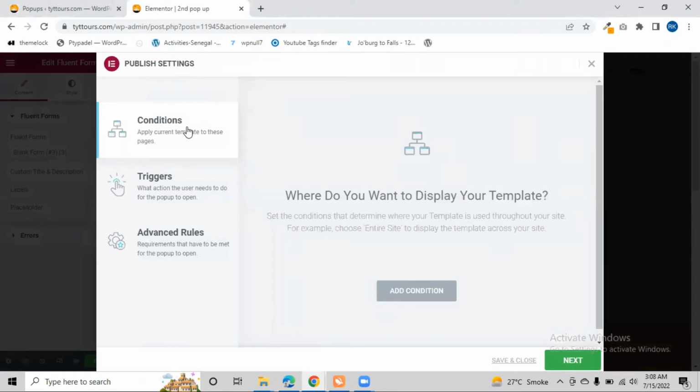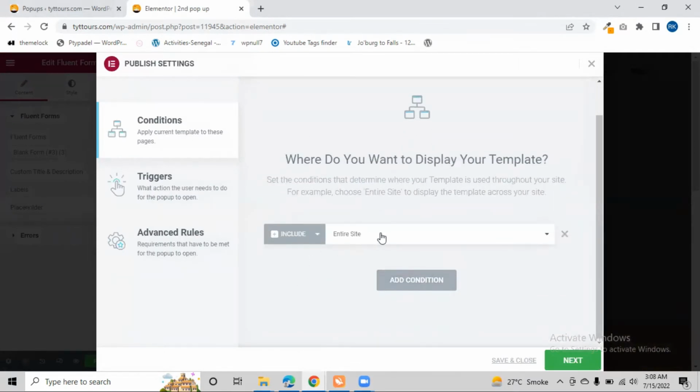After that, you have to set where you want to display this form. So you need to add a condition if you want to display it. That means when someone arrives on your website, you want them to see something in a pop-up form, like we have many sites we visit from Google that show pop-ups. Not necessarily only a form, you can use anything to show a welcome message, but